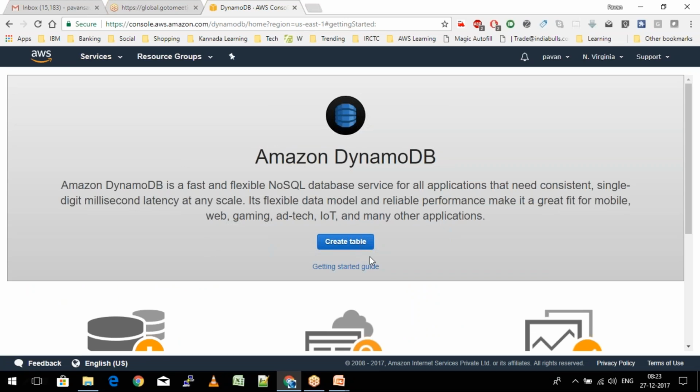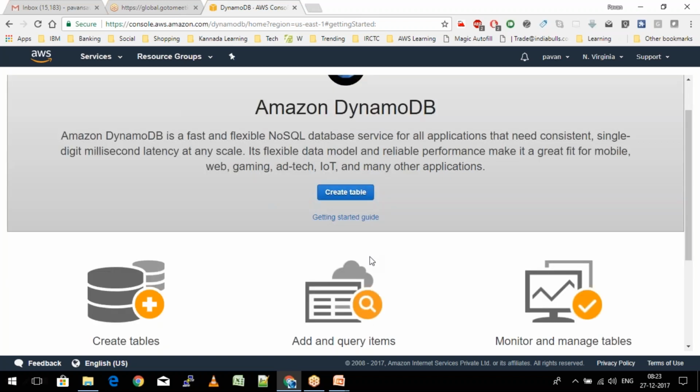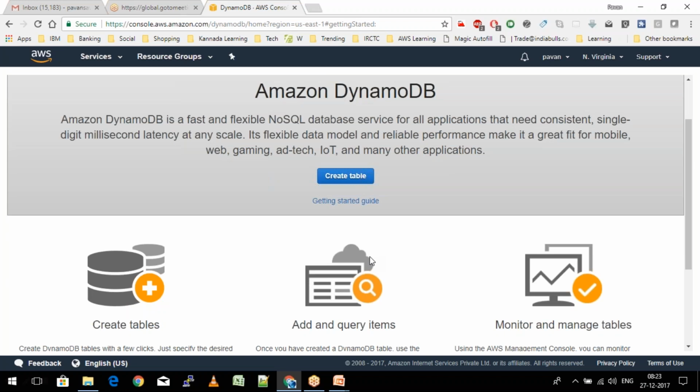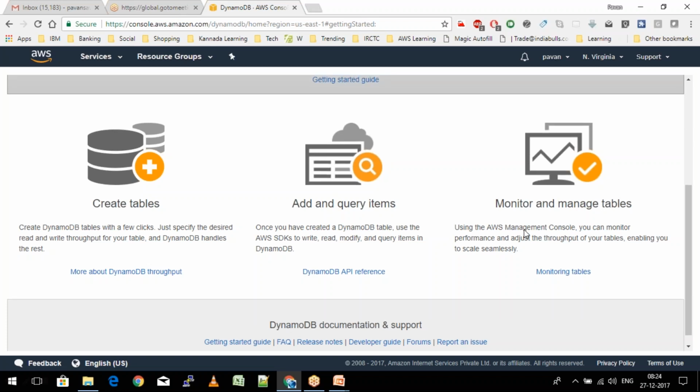You see here, I directly get an option to create a table, and then we can start adding items, query the items, and monitor the table performance, such as how many connections are happening and whether the capacity units that I have put in place are enough or not. We can check all of that in the monitoring section here. Let's quickly click on create table.